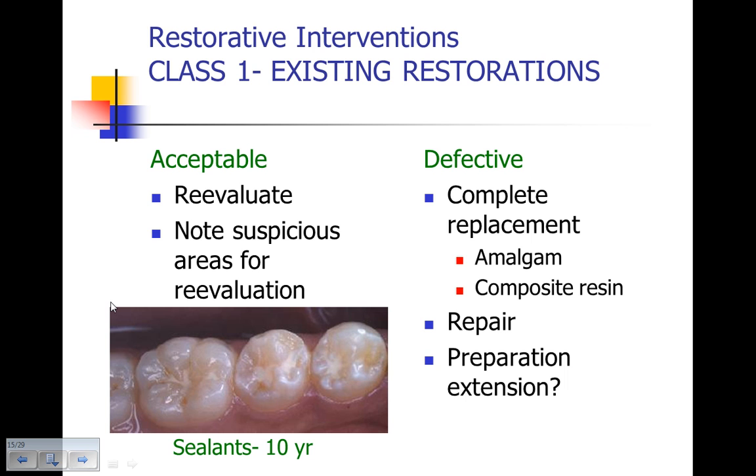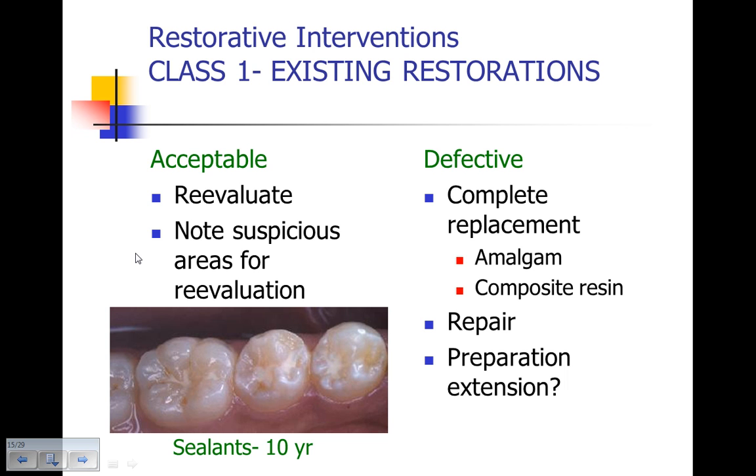And so when we talk about restorative interventions on existing restorations, when we see acceptable restorations, we're going to reevaluate them, do active surveillance. Nothing lasts forever. The durability, the longevity of restorations is dependent upon many different factors, including patients' frequent recalls, how they care for the restoration, how you placed the restoration, how you prepared the tooth, the restorative material used. When you do your examination, note suspicious areas for reevaluation. Make a note in the chart